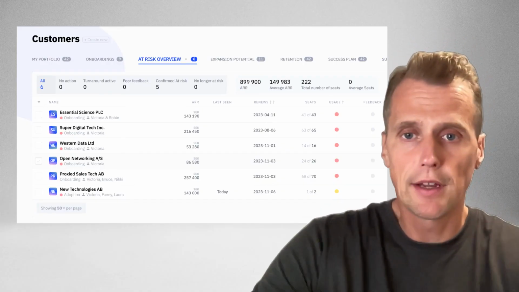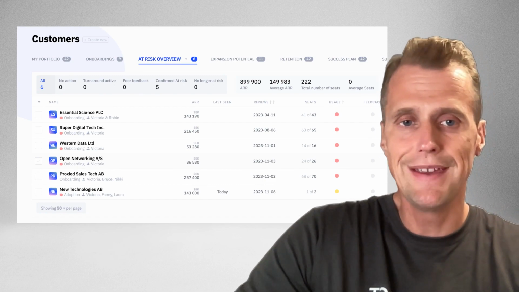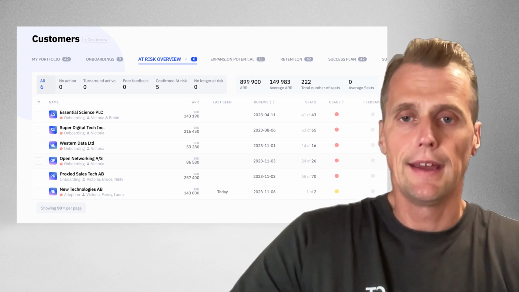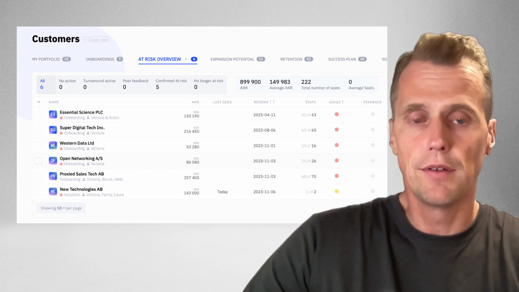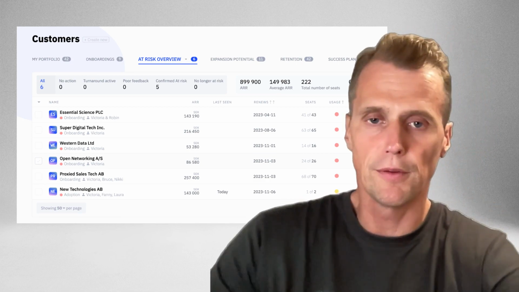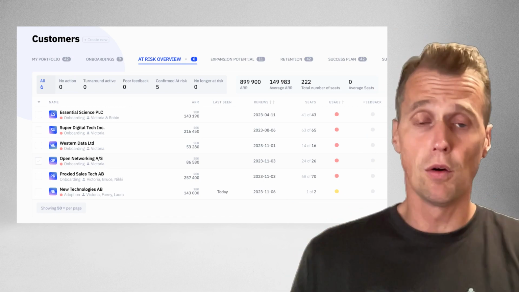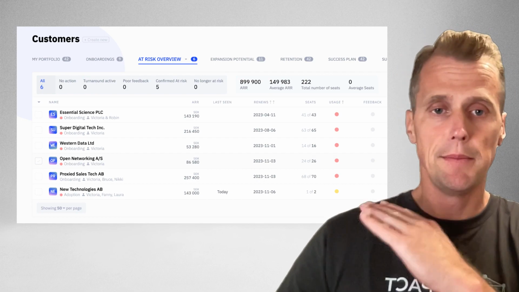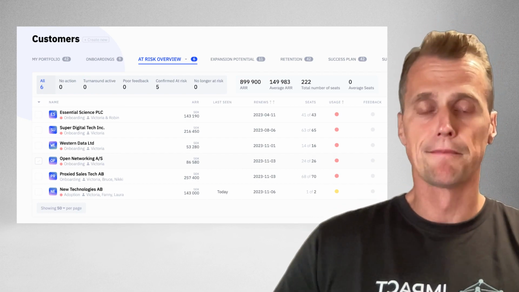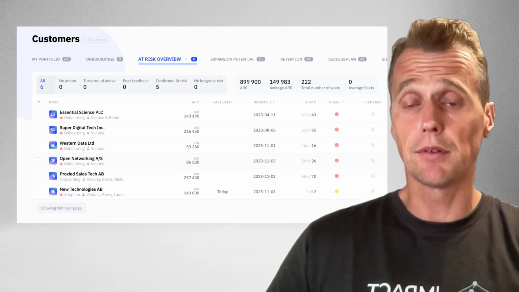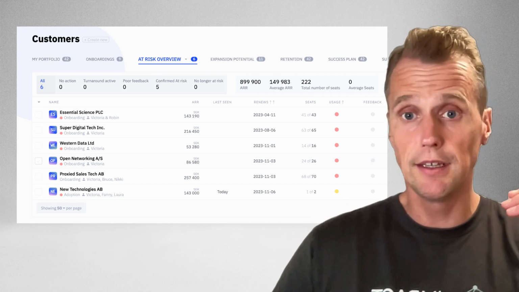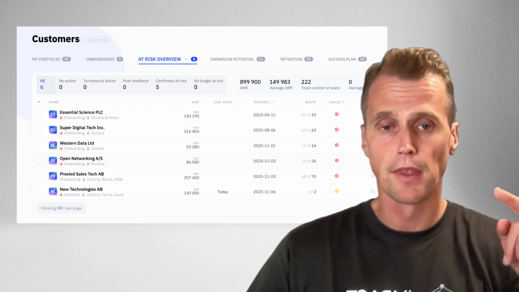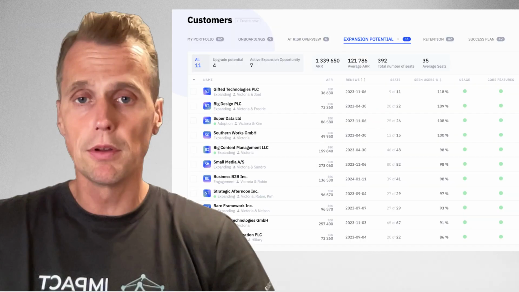And to make it very clear, one part of this is also to make it visible for the team. How do I do this code switching? When do I do it? And how can I plan my day to not only focus on one part of my portfolio? And to do that, you need visibility. So you need to know which are my risk customers, of course. If I see I have these customers with poor usage, maybe they have no progress, of course I need to drive some turnarounds here and get them going again. That's key, that's important. That's going to reduce churn, and that's going to help net revenue retention. But if I only spend my time here, I will probably miss out.